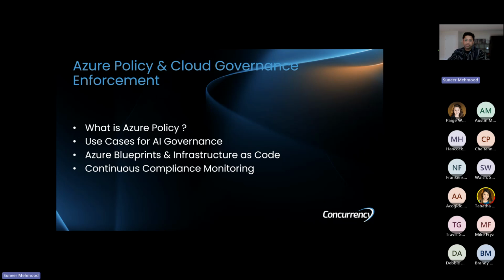What are the use cases for that, right? You can make sure that a particular AI service that you're deploying for a particular customer base in a specific region can remain in that particular region. When you create services within Azure Cloud, you can say that it needs to be in this particular region. If you have that policy running and you create it otherwise, that policy will not let you create it.